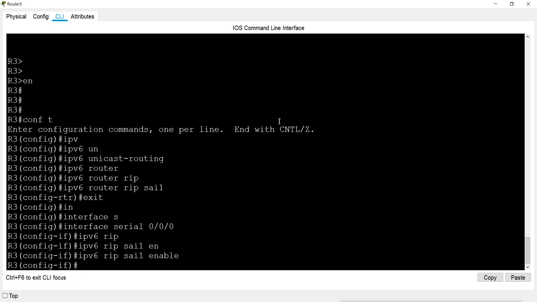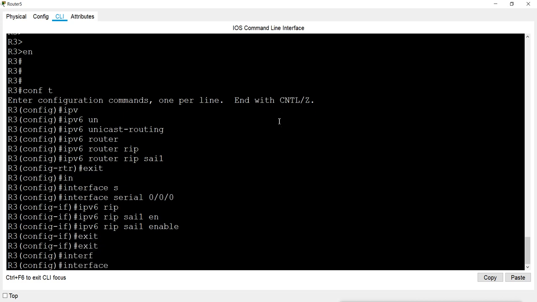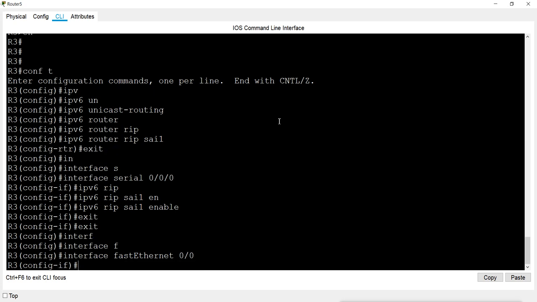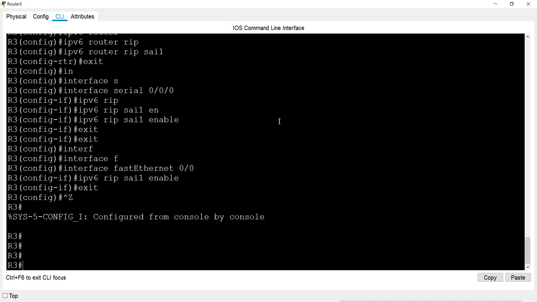And then we have interface FastEthernet 0/0 and enable. So this is how we enable IPv6 RIP, which is RIP-NG.